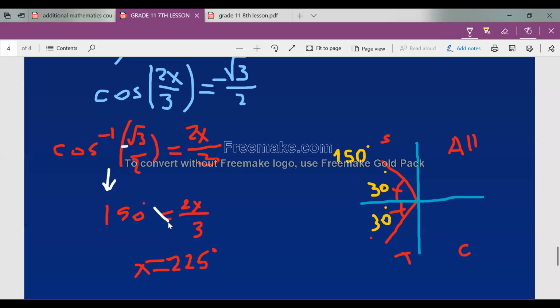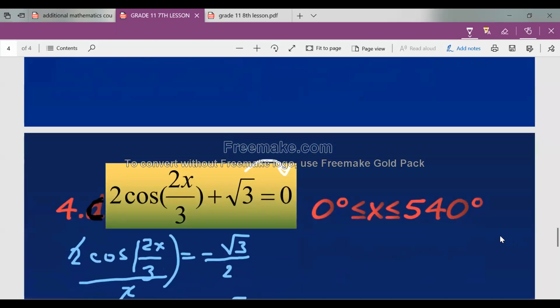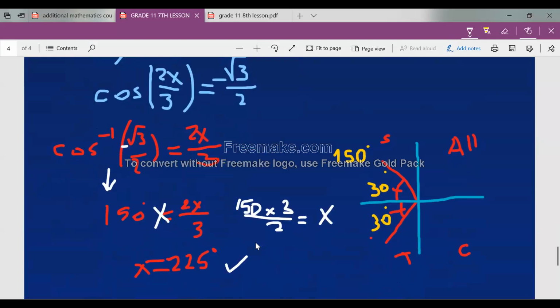When you do cross multiplication, 150 times 3 divided by 2 will give us x. So what is x? 225 degrees. This is our first solution. Is it between 0 and 540 degrees? Yes. So to find the second solution for this,